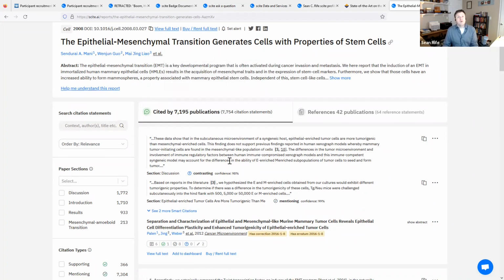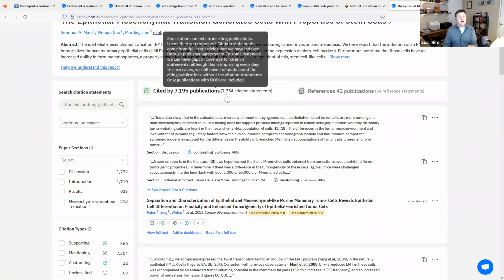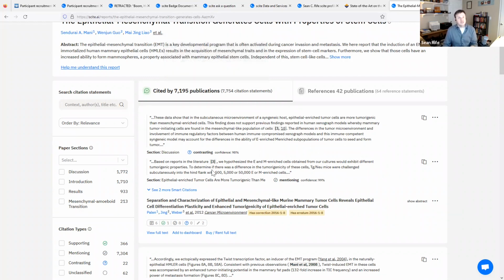One thing that I have to point out is that we extract multiple citation statements from every paper. So in this case, you can see we actually have 7,195 separate publications, but from those 7,000 publications, we've extracted 7,700 separate citation statements.